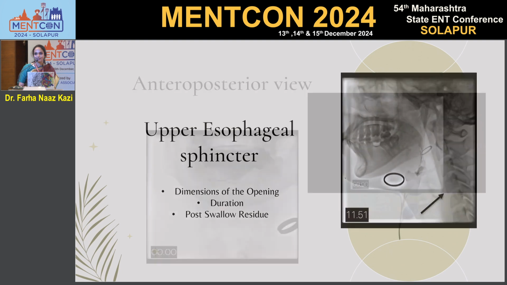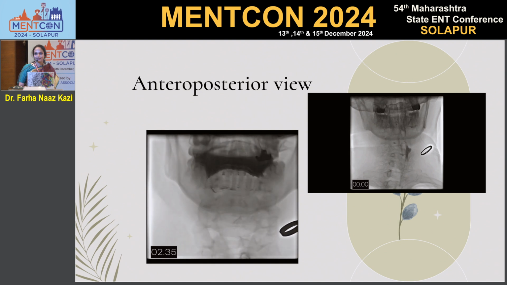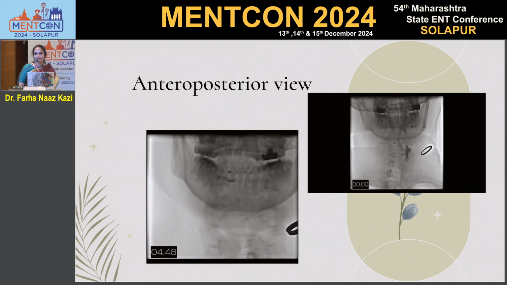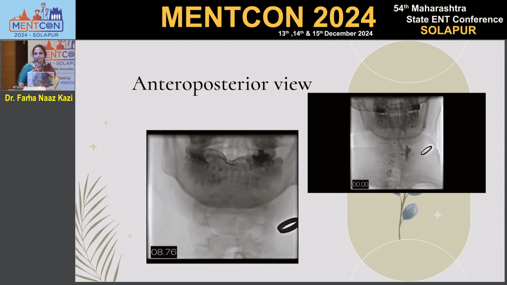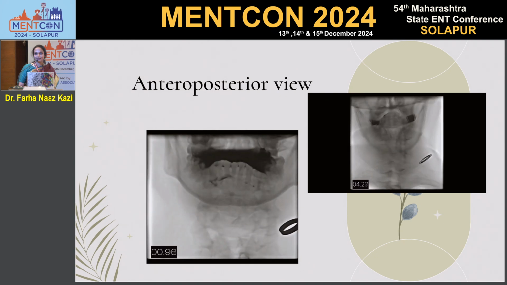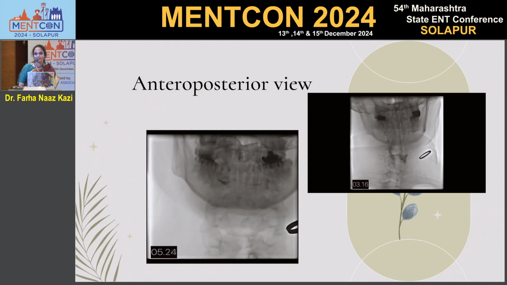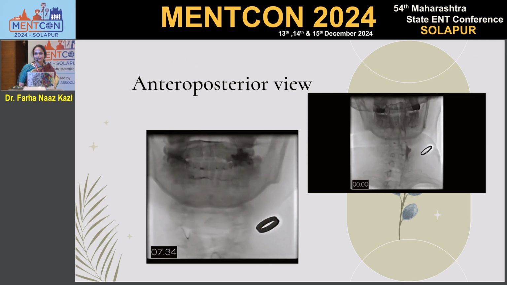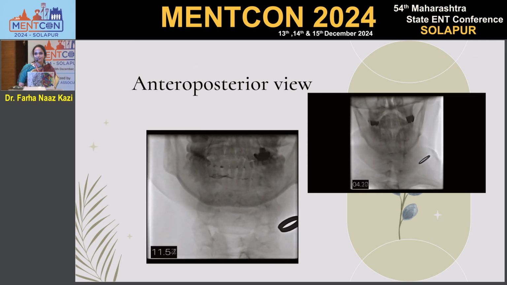Like I said, along with the lateral views, the antero-posterior views become very important. Why? Because they help us in assessing the symmetry of the swallow. Also, to some extent, they help us in assessing the laryngeal vestibular closure. For example, in swallow number 2, you see that there is quite a lot of pooling on the left side where there is a Ryle's tube. This says that there is some kind of weakness on the left side of the pharynx. So this is easily assessed by a video fluoroscopic swallowing study.